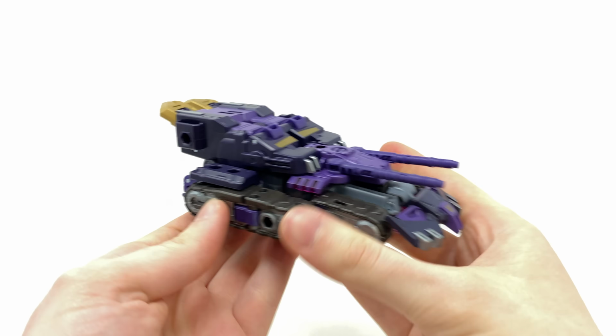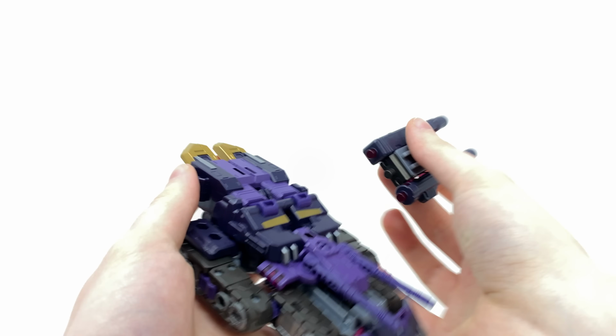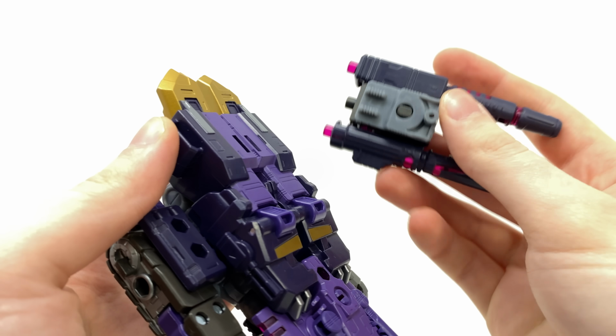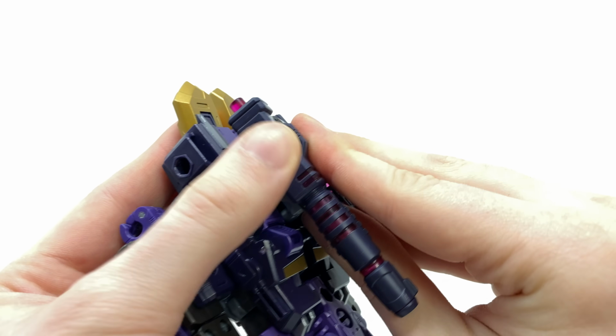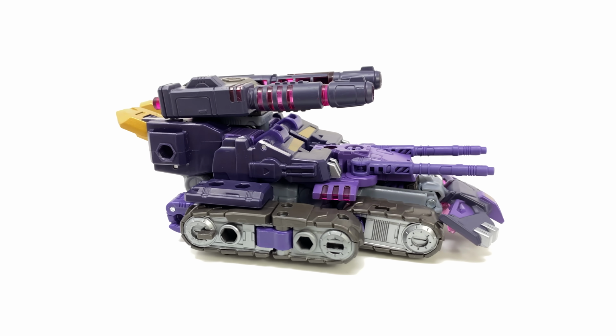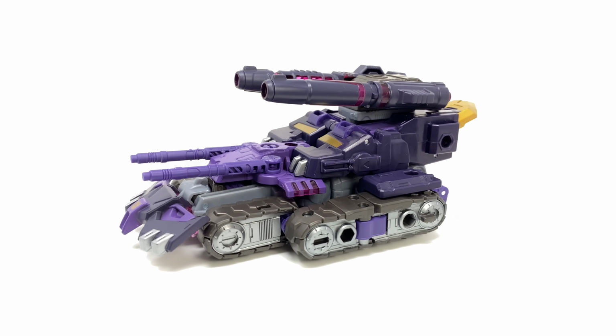And there we have the base tank. For some finishing touches, we bring back in the massive Evo-Fusion turret, and there are 2 tabs here and here that are going to smack themselves into these shin slots. So snap these sections in, and there we have Legacy Evolution Tarn fully transformed up into, again, his pretty smashing